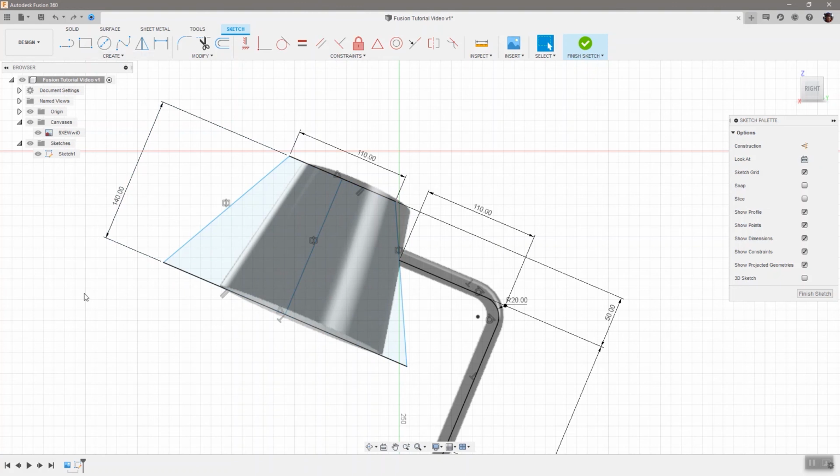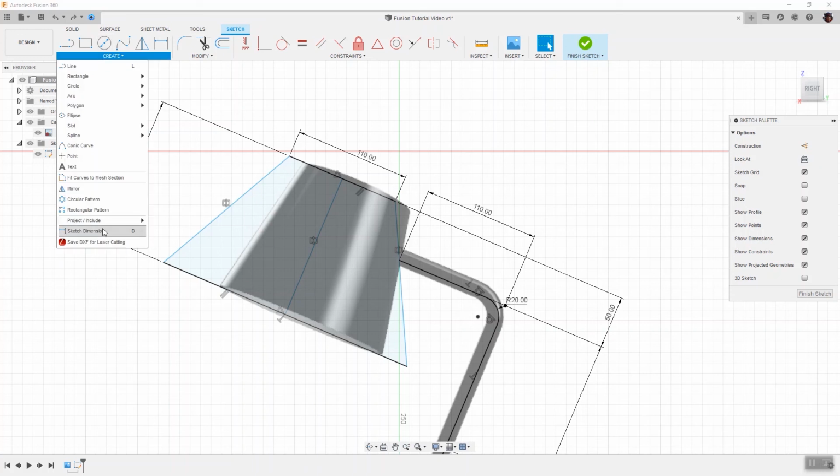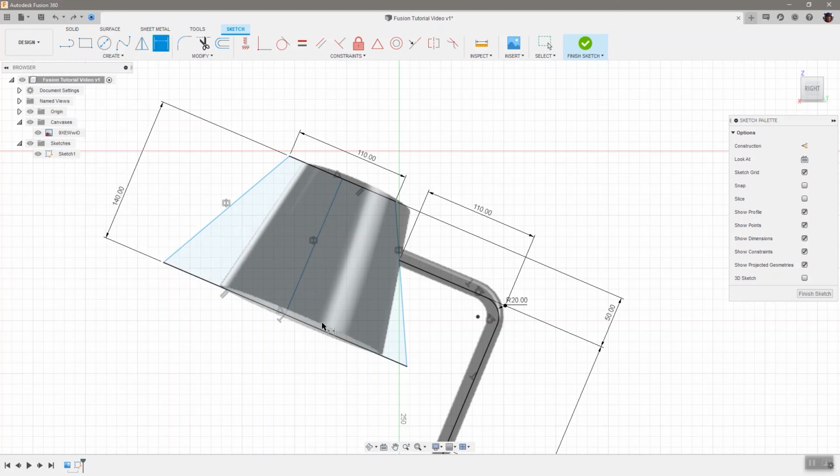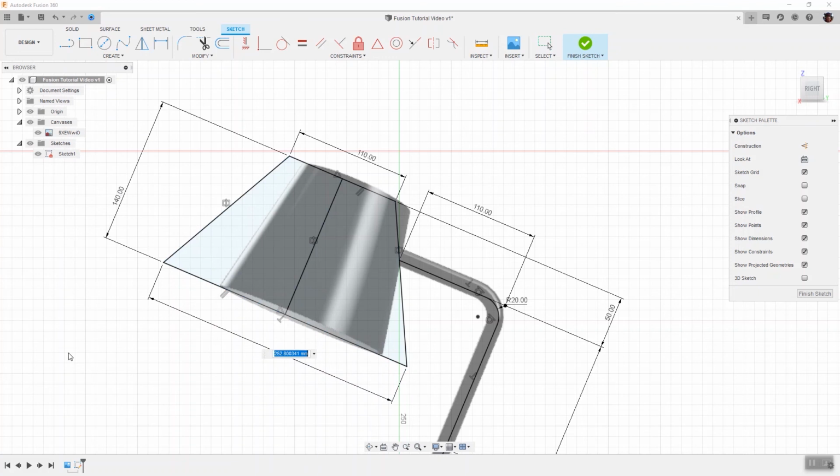So let's hit the escape key to make sure nothing's selected. Go to Create, Sketch Dimension, and then click on this line. Make sure we get the aligned dimension as we needed. And before you go in here, enter 252 or 250, let me show you a little trick. Don't touch anything. And if I hold my mouse over this dimension here for long enough, you'll see